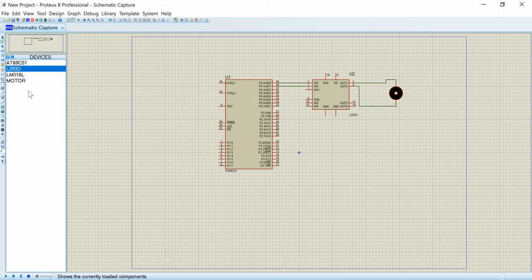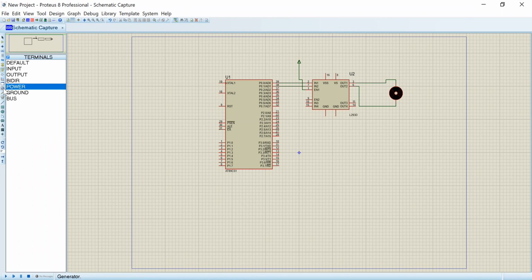Now we require some power signal. Go to terminal mode and click on power. Here we require some power: this VS is 12 volt, and the enable pin requires just 5 volt.